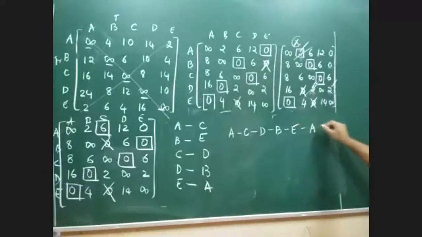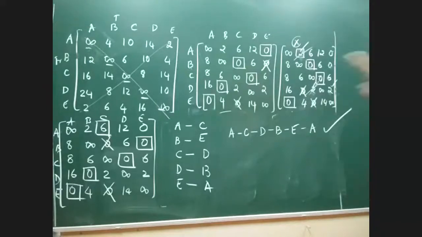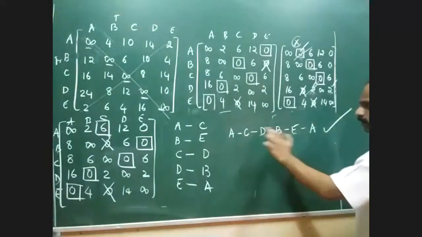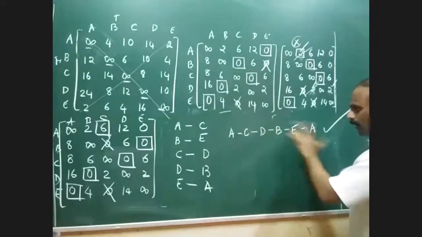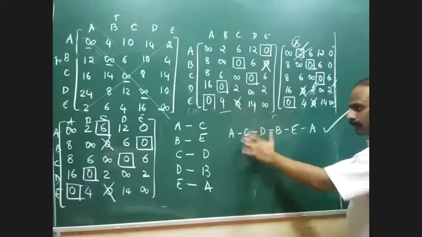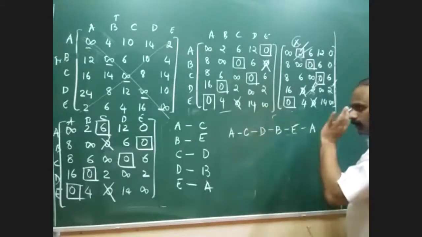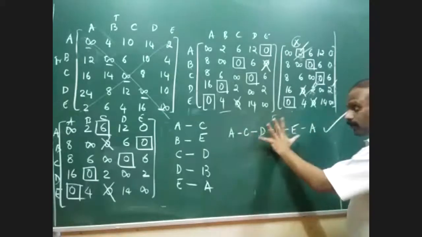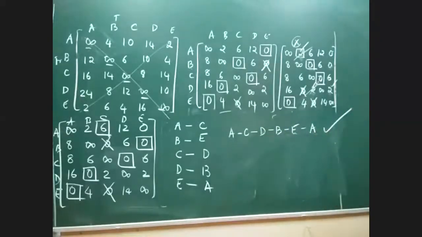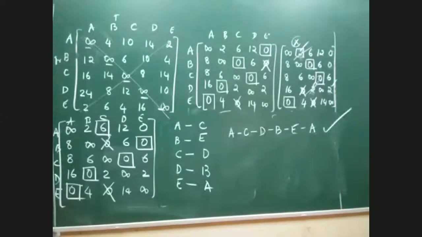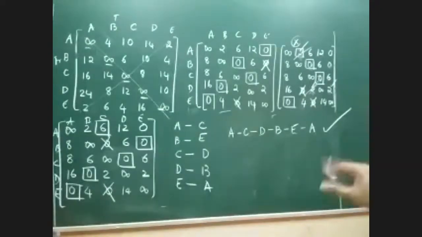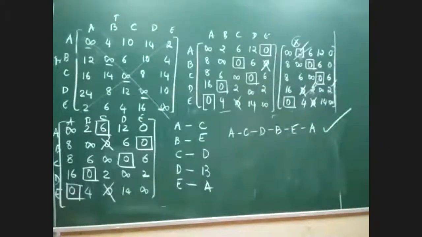Is coming to E. Now you can see that the person started his journey from A, visited all the 4 places. It can be in any order. ಇದು ಯಾವಾಗ ಆರ್ಡರ್ ಆಗಬೇಕು? B C D E 4 ಪ್ಲೇಸ್ ಇದೆಯಲ್ಲ, ಇದು ಯಾವ ಆರ್ಡರ್ ಬೇಕಾದ್ರೆ ಇರಬಹುದು. No problem. It need not be B C D ನೇ ಇರಬೇಕು ಅಂತ. It can be in any order. But the only condition is all the places should have been visited before he comes back to E. ಅಷ್ಟೇ. That is one thing you have to look at. ಅರ್ಥ ಆಯ್ತಾ ಎಲ್ಲರಿಗೂ? Have you all understood? Everybody? Okay, now you can see that the traveling salesman condition is satisfied because he has visited all the places before he has come back to A.